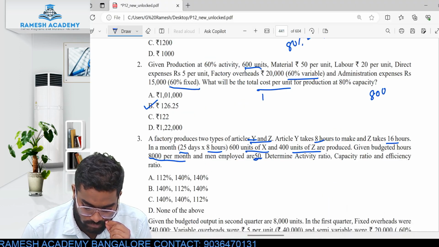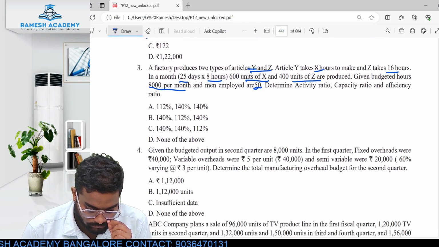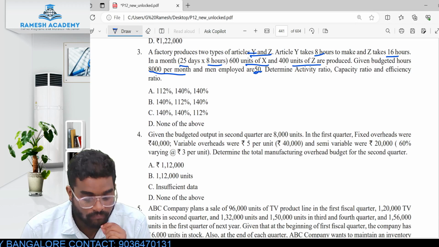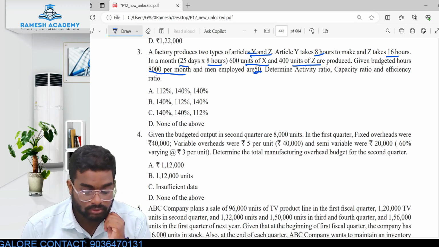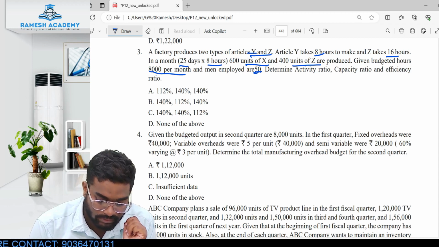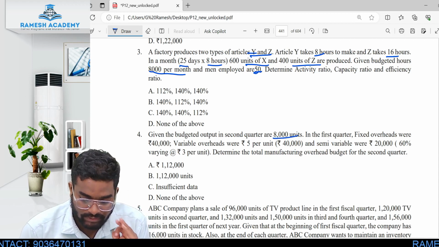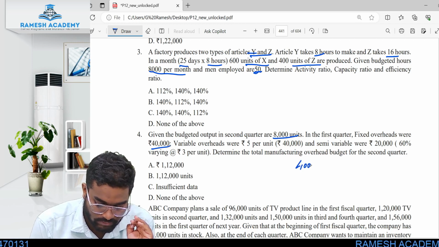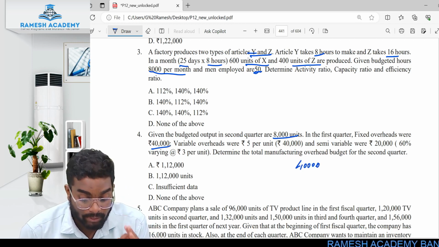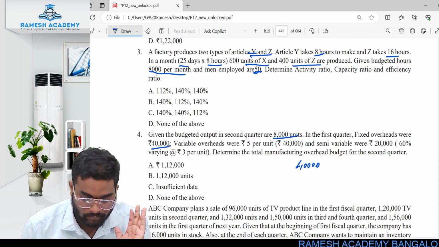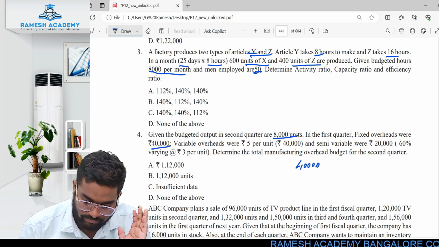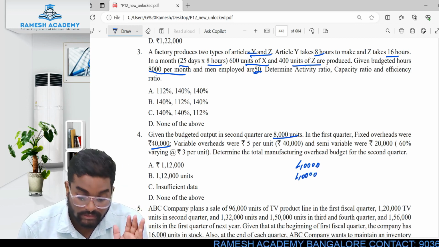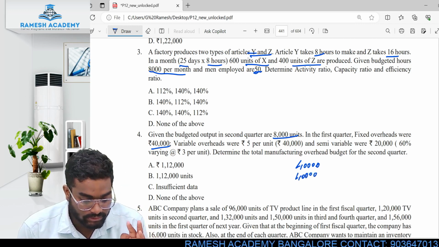Now we will go to the fourth question. The fourth question is very simple. Given the budgeted output in the second quarter 8,000, in the first quarter fixed overheads were 40,000. So I'll write 40,000 is the fixed overhead, and variable overhead is 5 per unit. So 8,000 into 5, it is also 40,000. Next, semi-variable were 20,000,